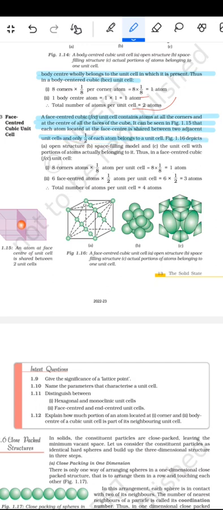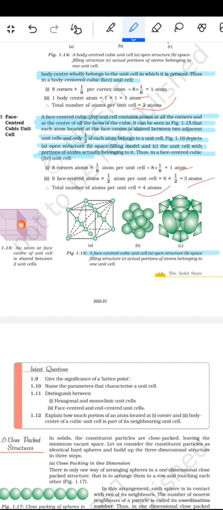Figure 1.16 depicts open structure of space filling model and the unit cell with portion of the atoms actually belonging to it. Thus in a face centered cubic unit cell, 8 कॉर्नर एटम गुना 1/8 तो आ जाएगा 1 एटम, और 6 फेस सेंटर रहता है तो उसका कंट्रीब्यूशन होता है हाफ, तो आ जाएगा 3 एटम्स। तो टोटल नंबर ऑफ एटम्स पर यूनिट सेल आ जाएगा कितना, 4।